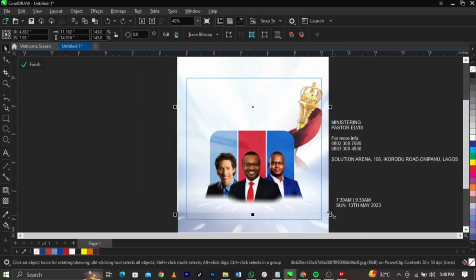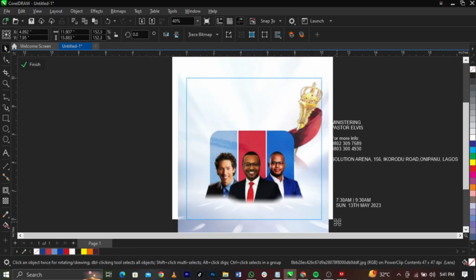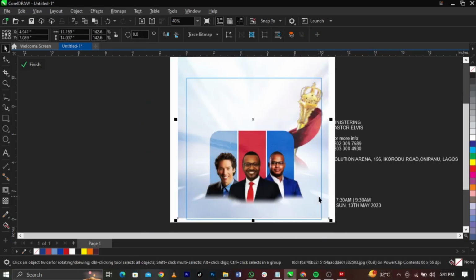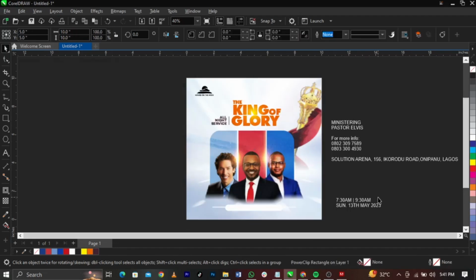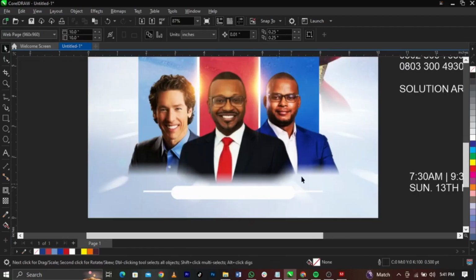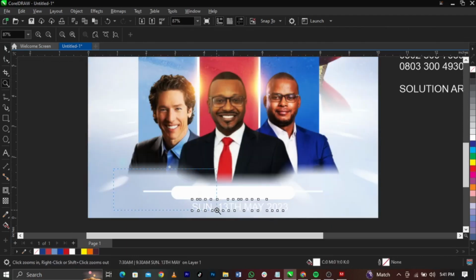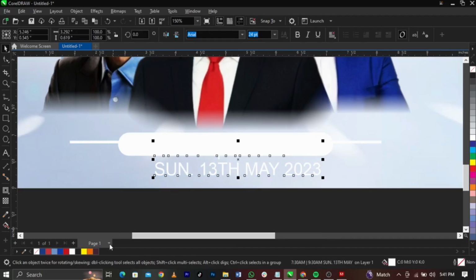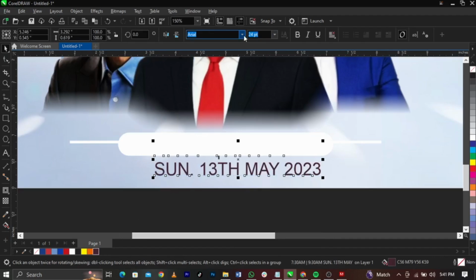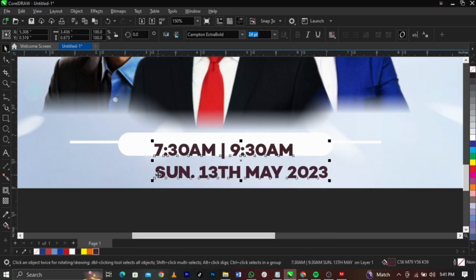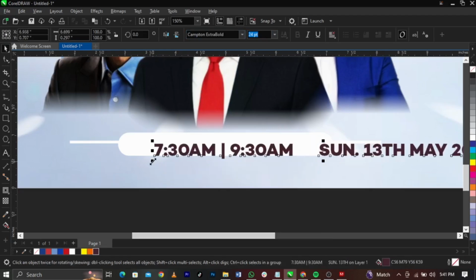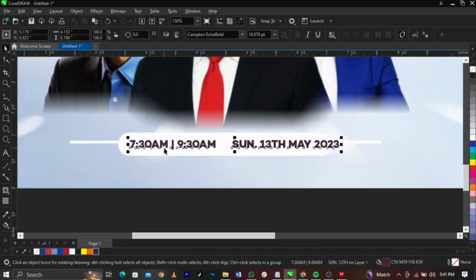All right, but I think something is missing here, so let's drag this one this way. So bring this one here. All right, so right about that, you're going to bring this guy, paste it over here, and give it the same color. Change it to Campton book, then basically space it out this way, and you can just put it in here and leave that to that,